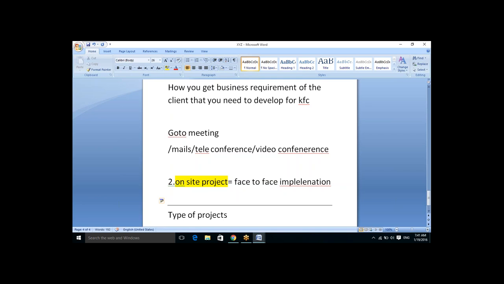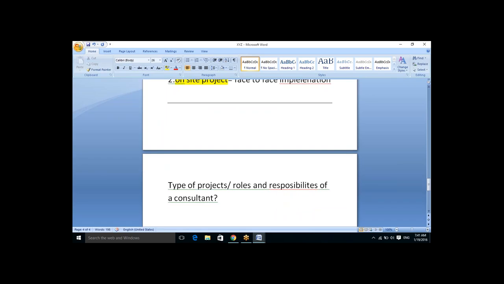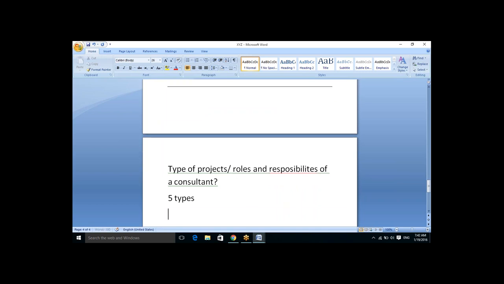The previous one was delivery of SAP projects, but this is the types of projects. Otherwise, we can also call it roles and responsibilities of a consultant that you are going to do in real time. The types of projects: we have five types. One is